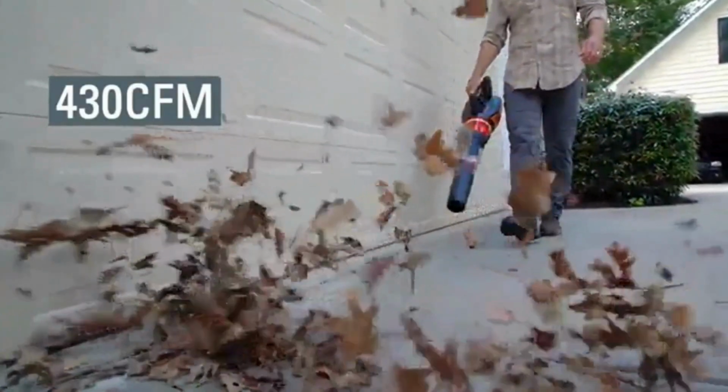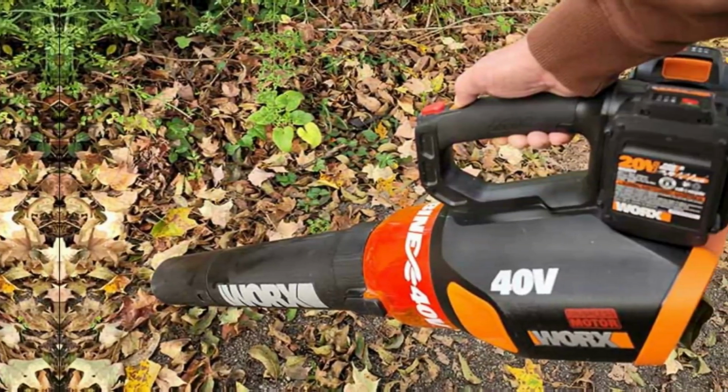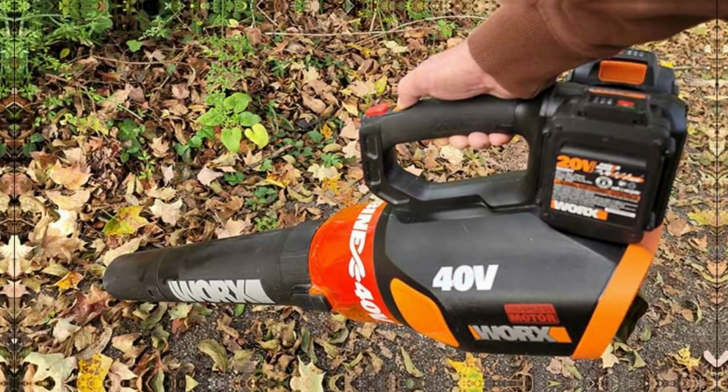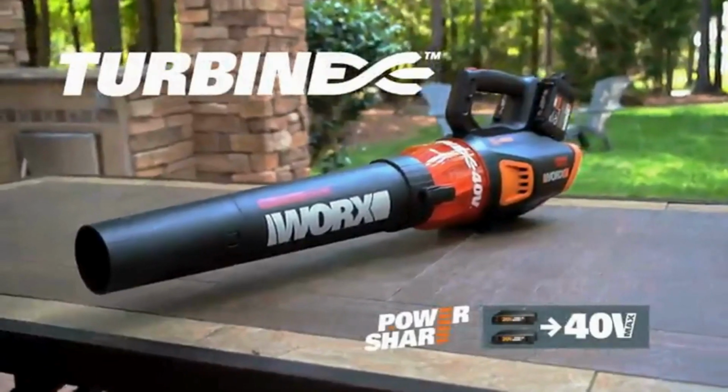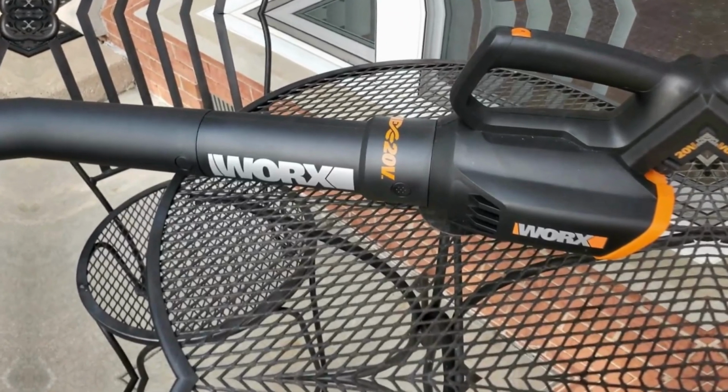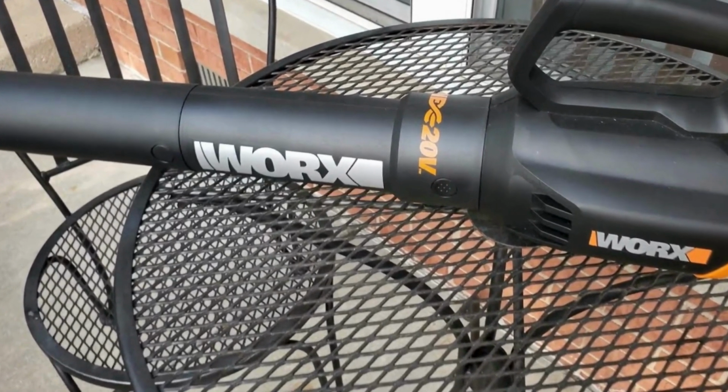What I love most about the WG584 is its durability and effectiveness for a range of tasks. I've used it on a weekly basis for 6 months and it has never let me down. While it may have a slightly higher noise rating, it's surprisingly quiet given its power, and I didn't experience any